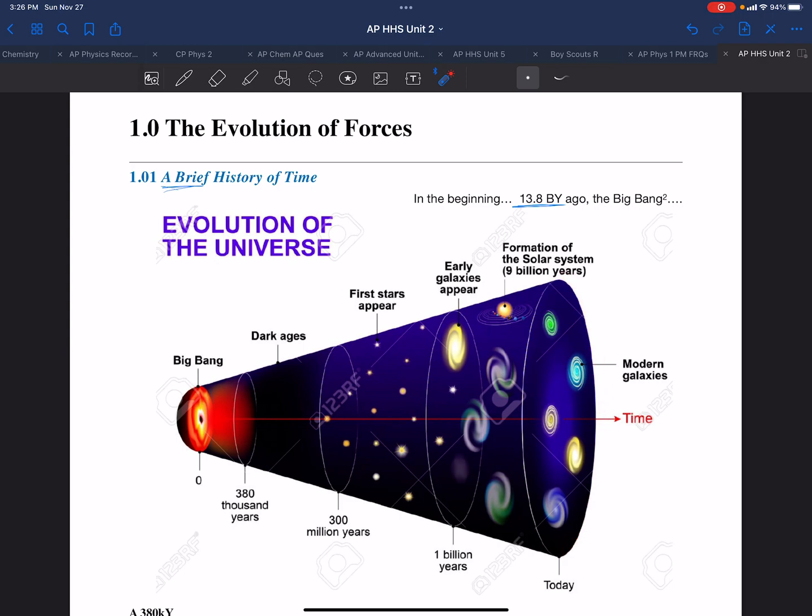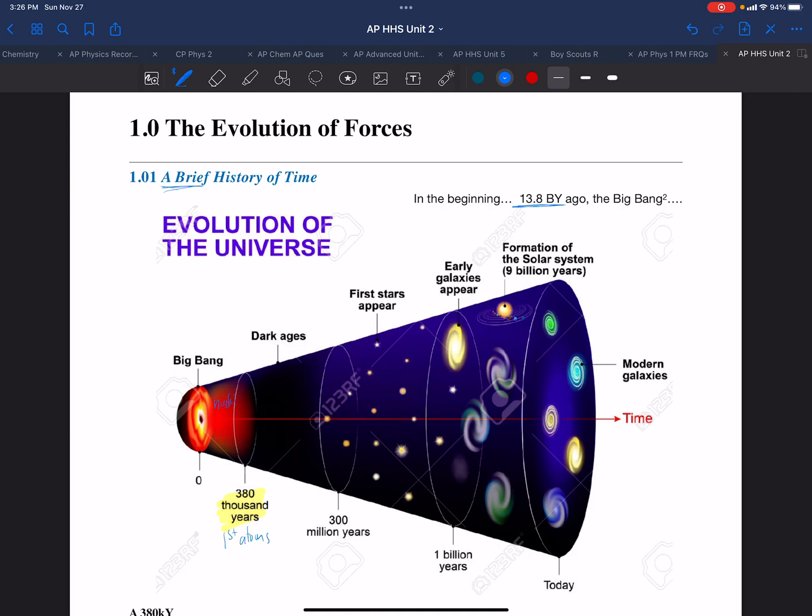Now, I want to start from the beginning because there was this Big Bang, and the first major event that every person should really know is that there's this event that happened about 380,000 years after the Big Bang. And what happened then is we had our first atoms. Before that, they were nuclei. And at 380,000 years after the Big Bang, those nuclei captured electrons, and we had our first atoms in the universe.